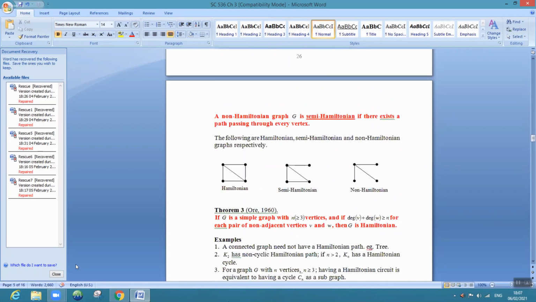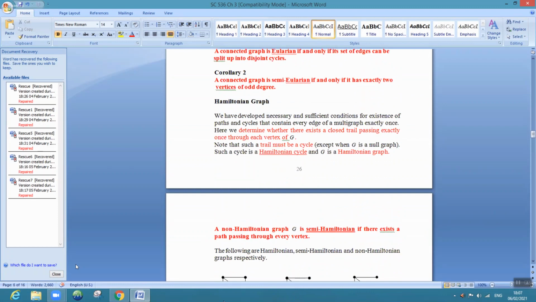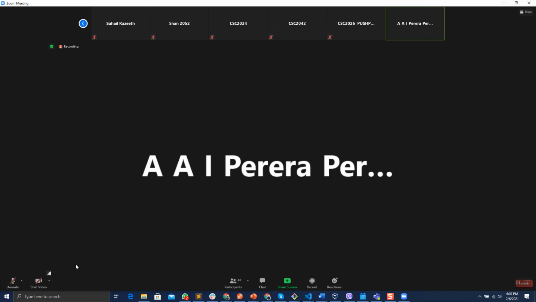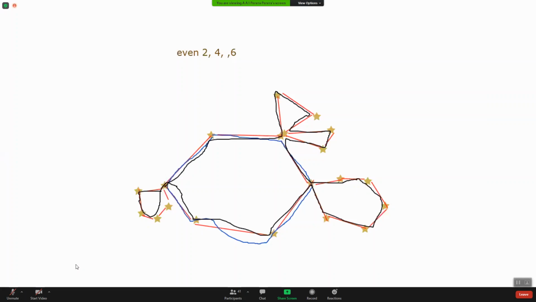Then we go to the Hamiltonian graph. In the Hamiltonian, we have to find a closed cycle. So in the Hamiltonian one, both vertices and edges are distinct. Okay. So in the Hamiltonian one, we have the cycle. You know, by definition, a cycle is a closed path. When you close the path, it becomes a cycle. In a path, you know that vertices and edges both are distinct.